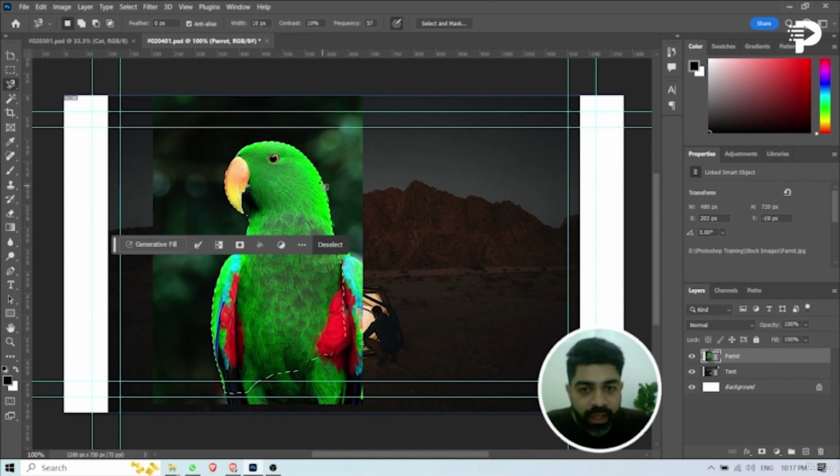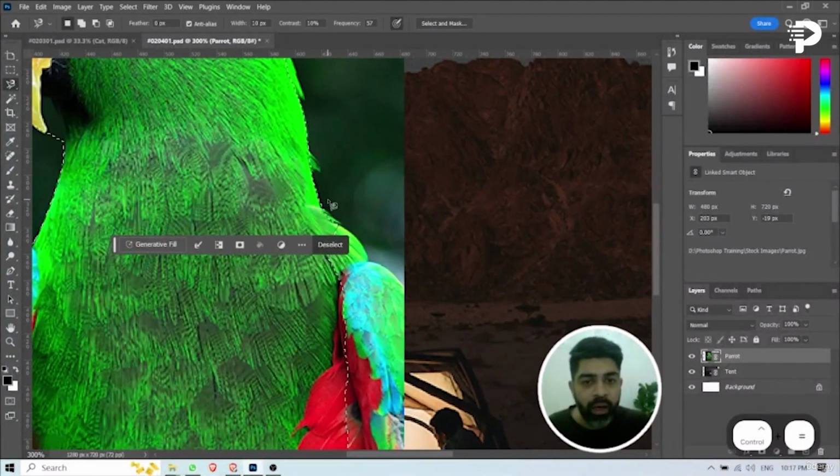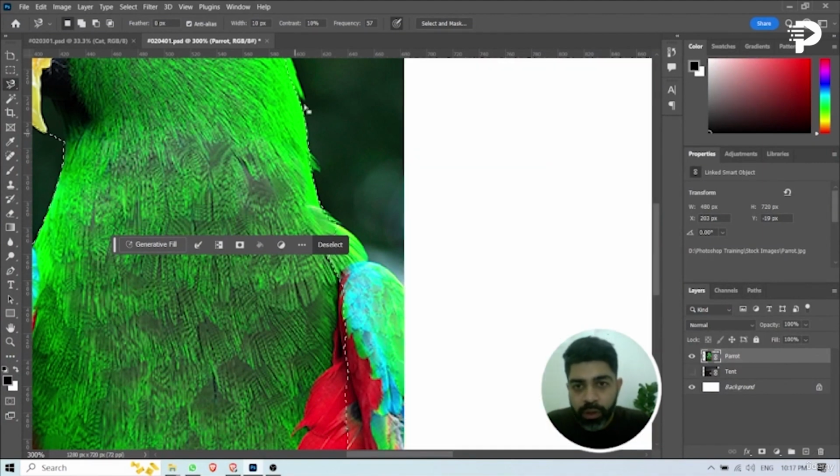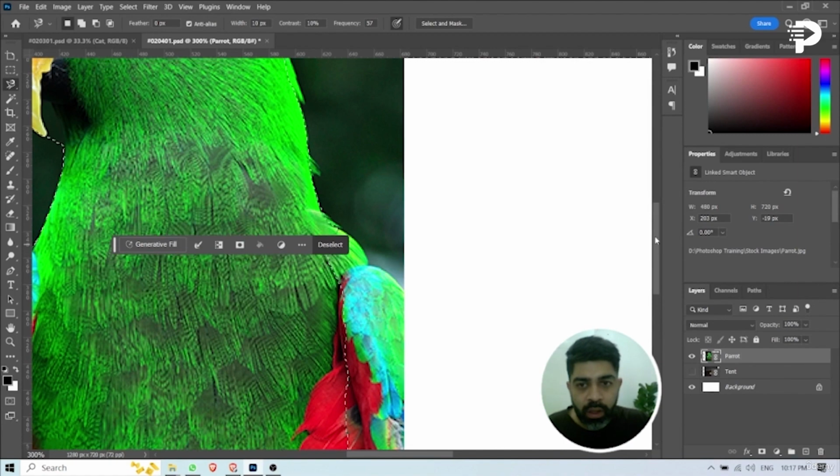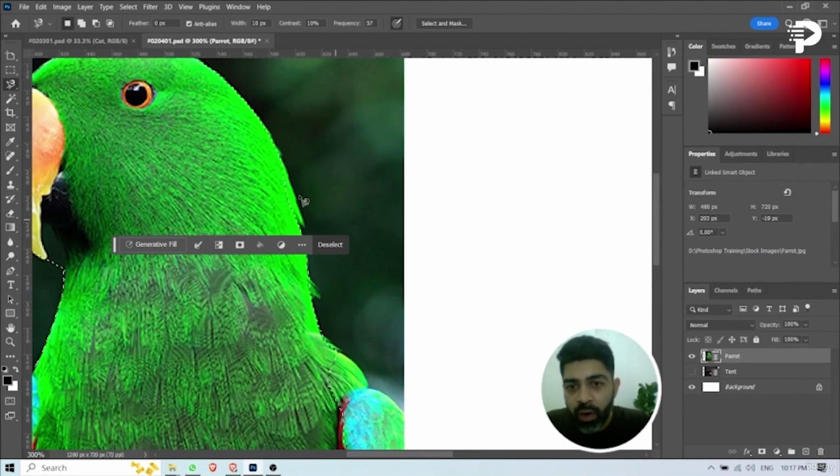Of course, I do see there are a few issues over here that basically showcase how the feathers have not been covered. Let me zoom in a little. And actually before that, let me close the layer behind and focus only on this. You can see how the selection is not appropriate over here. I can click on add to selection and create